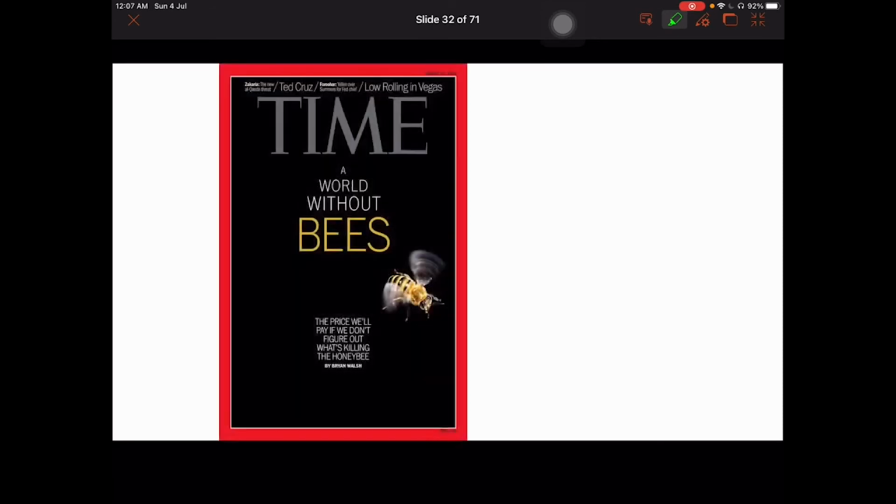Okay, so let me show you an article from this magazine called Times Magazine. I think this was quite a long time ago. It's 2013. So they actually spoke about what will happen if the world has no more bees. So imagine you take away all the bees in the whole world, and what will that actually impact us or not? Because if you think about it, what's the use of bees for us? If, let's say I don't take honey, then you might think that, oh, then I don't need bees at all. But bees actually play a very, very important role in the entire ecosystem.